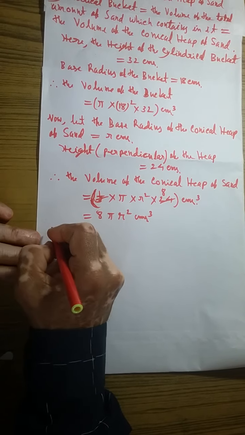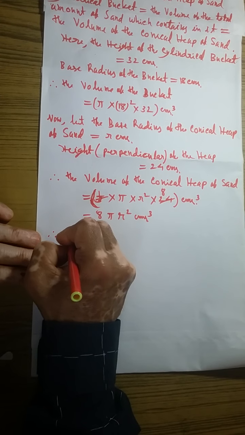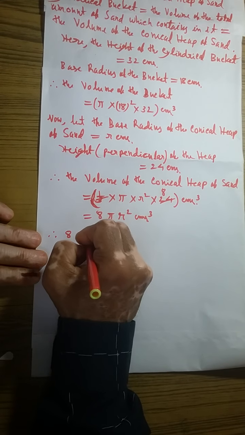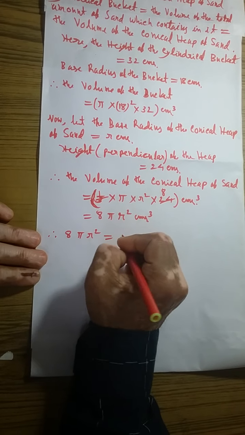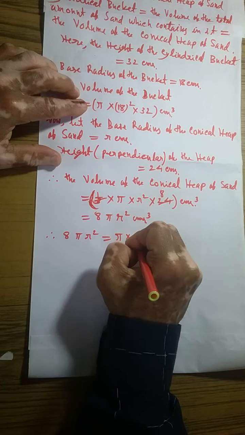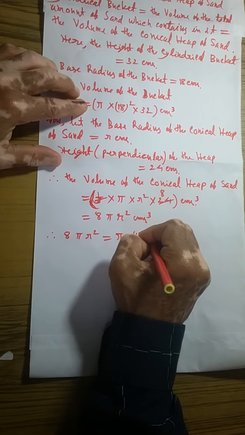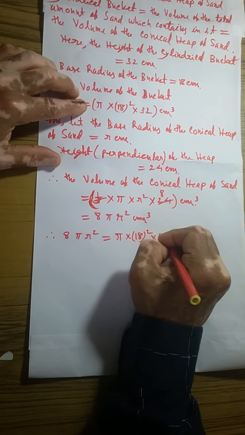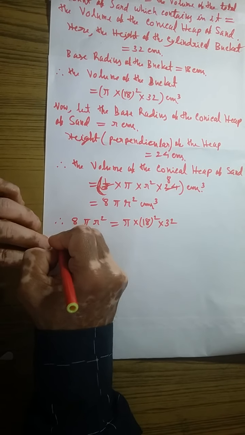After this, write in this way. Therefore, 8 pi r square is equal to pi into 18 square into 32,